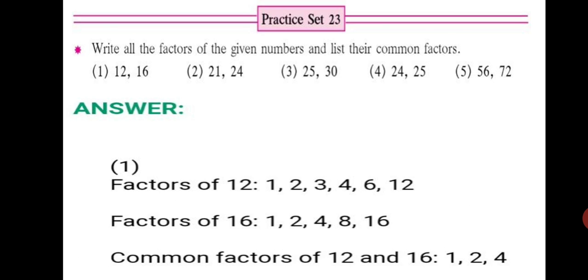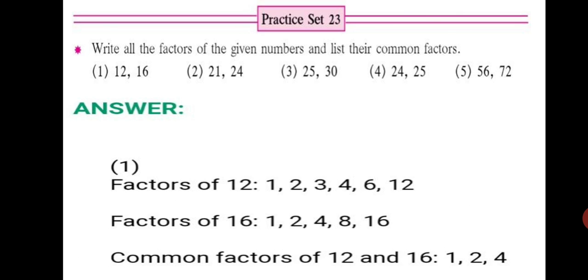So common factors of 12 and 16 are, underline the common or you can just pick them up directly. 1, 2, 4 are the common factors. 6, 8, 12, 16 are not common in both. So we do not take them as common factors. Even 3. 3 is not a common factor of 12 and 16. It is only a factor of 12. So the common ones you have to write in your final answer. Common factors of 12 and 16 are 1, 2 and 4.